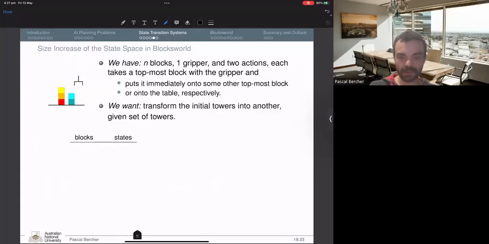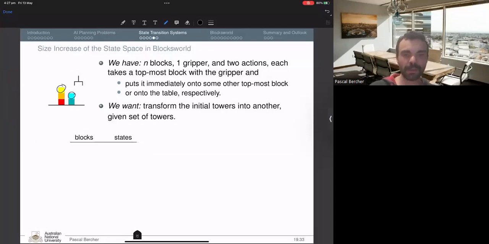And now consider finally an example that you will work with soon, the so-called blocks world. In blocks world, you have various towers, like you see on the left, and you have a gripper. So this is the gripper, and let me see which actions you have exactly. Yeah, so you have exactly 2 actions. You can always take a topmost block. So you couldn't take the red block, of course, right? The gripper isn't that fancy. It can only take this block, or it can take this block,